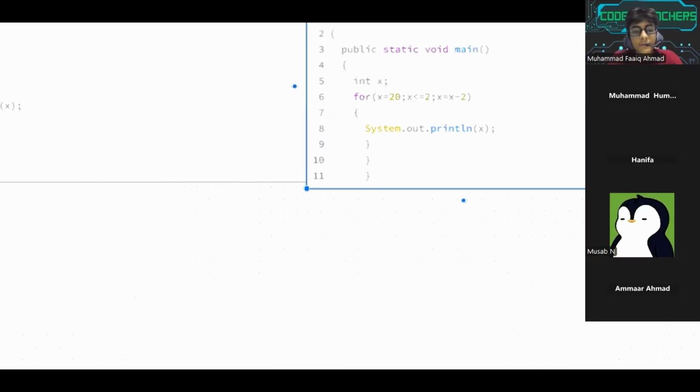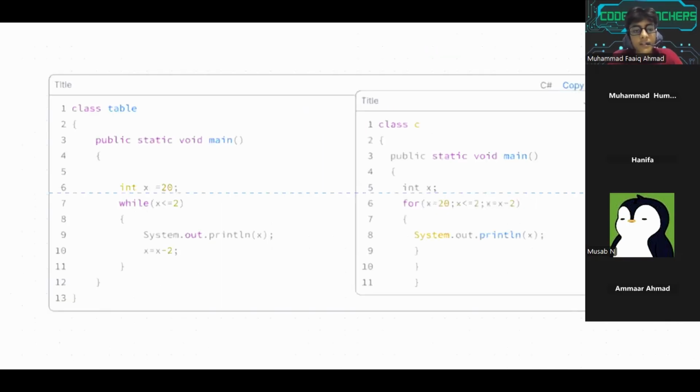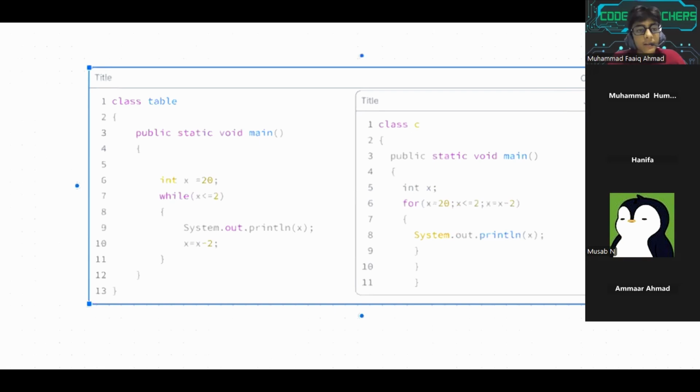Here you have one program with a while loop and the other with a for loop for the same question, printing the first 10 even numbers in backward order. In the while loop, we gave an initial value of 20, final value of 2, and used a decrement of x minus 2. Similarly, in the for loop, we used an initial value of 20, final value of 2. The test condition,